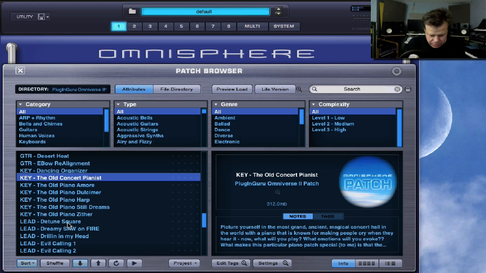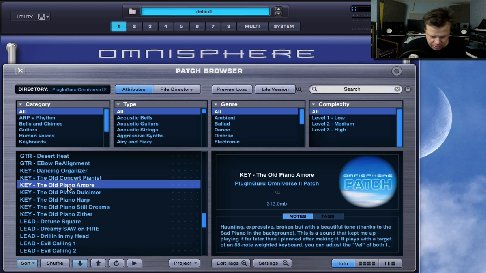So it's a nice piano. This particular one has a little bit of a long release that kind of gave it the live concert hall kind of feel, so I use that for the natural ambience of it. And if you need one that's a little bit faster, shorter, play the Amore. Almost works like a ballroom piano, like an old ballroom. But it's also expressive, so you can also get